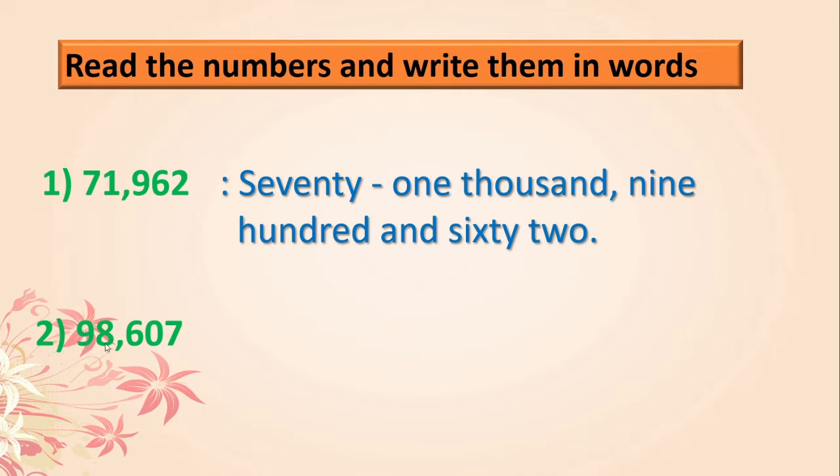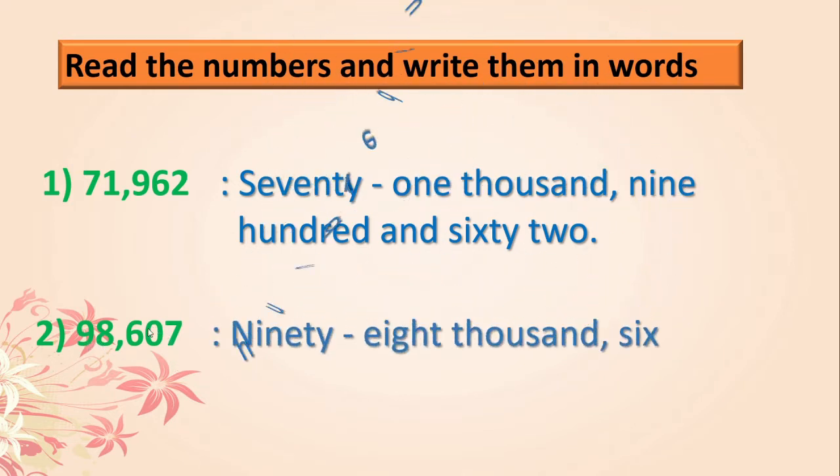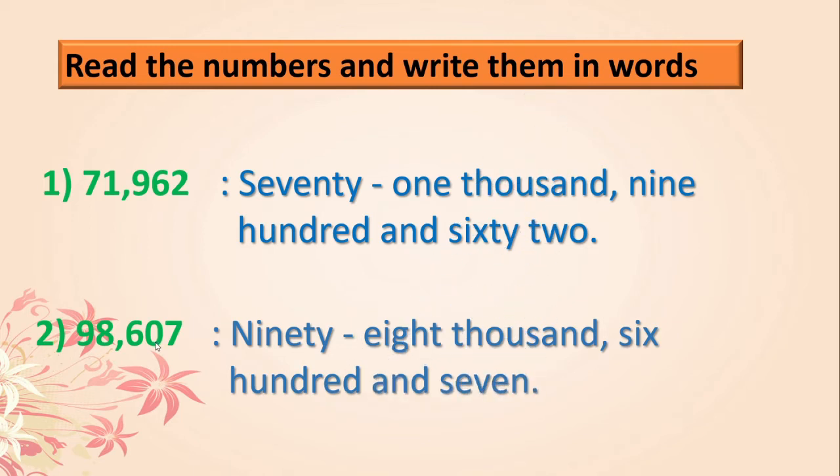Now we'll move to the second one. Again same thing. We can see here 5 digits and 98 is one group because we have given comma here. And after that 3 digits are there, that we know, that is hundreds, tens and unit place. Correct? So 98,607. Nothing is there in tens place, so directly we can write 7. Correct? See, 98,607.